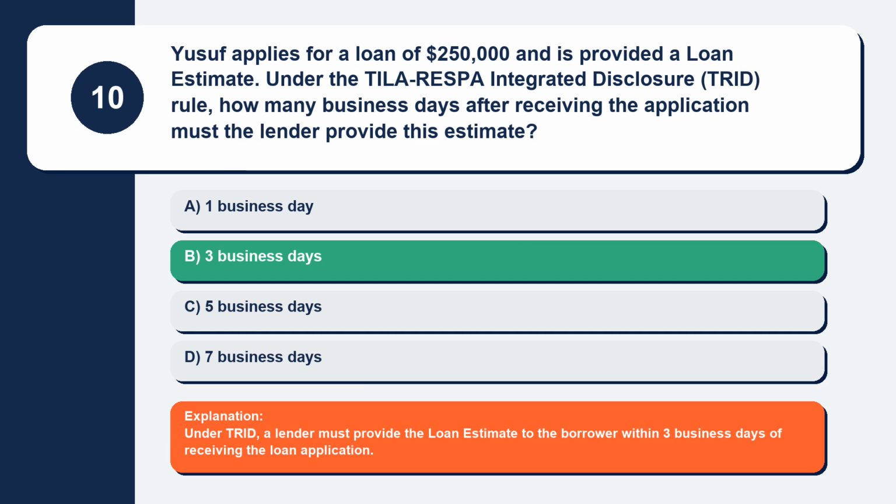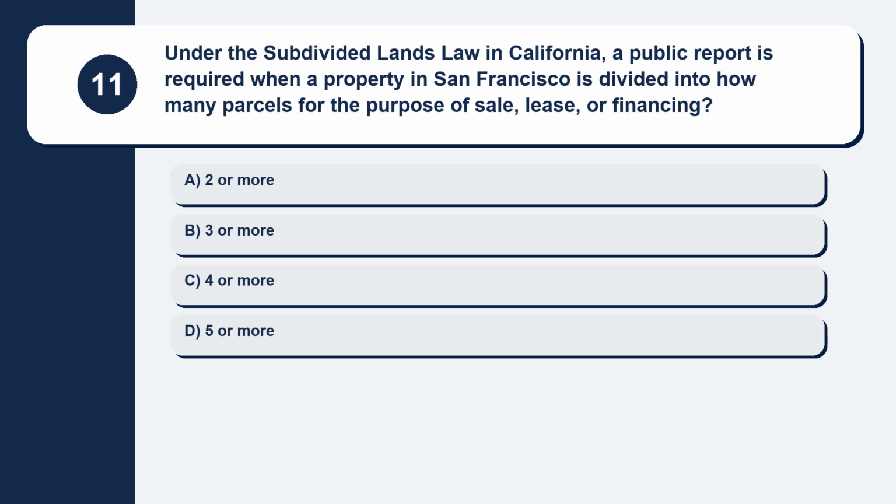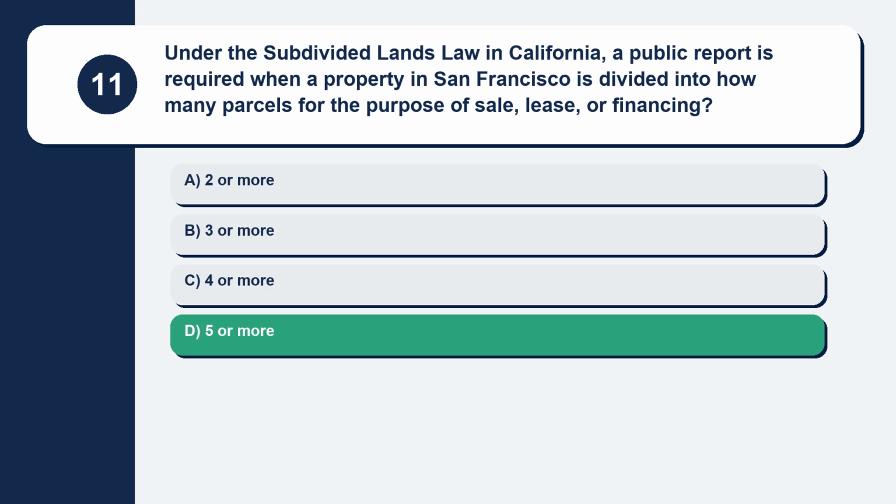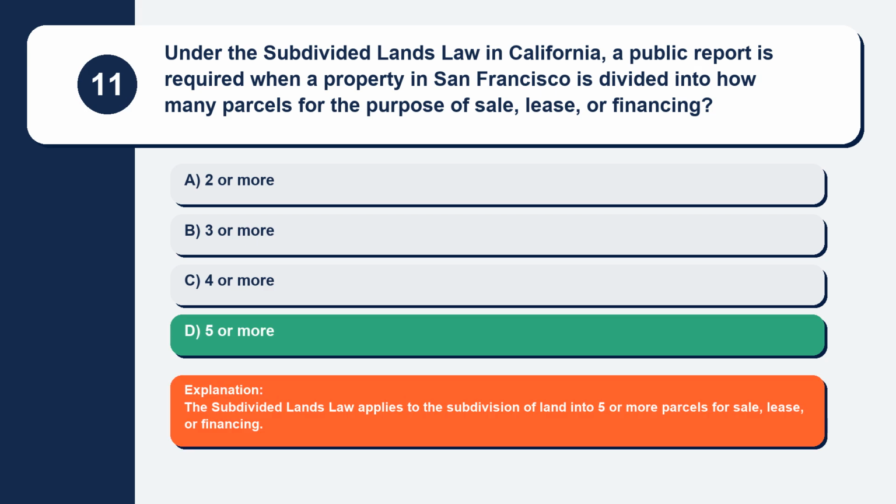loan application. Question 11. Under the Subdivided Lands Law in California, a public report is required when a property in San Francisco is divided into how many parcels for the purpose of sale, lease, or financing? Here are your options. Option A, 2 or more. Option B, 3 or more. Option C, 4 or more. Option D, 5 or more. The correct answer is option D, 5 or more. Explanation: the Subdivided Lands Law applies to the subdivision of land into 5 or more parcels for sale, lease, or